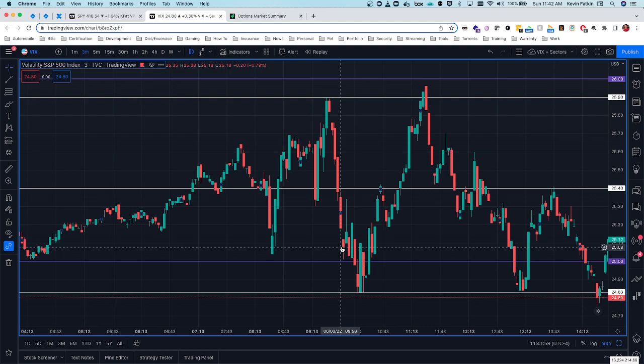Well, VIX loves to fill gaps, and it's amazing how VIX is constantly filling. You can see another gap here filled, you can see a gap here that was filled, here it's constantly always filling its gaps, and it usually does it pretty quick. So when you see it gap down,